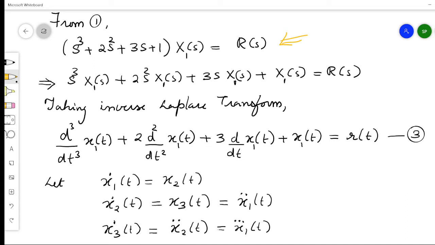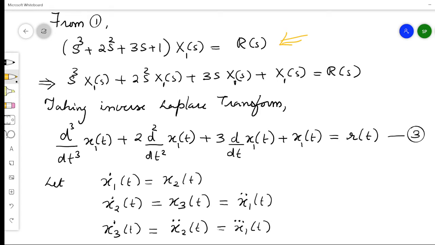Going back to the first term, when you take the Laplace transform you get s^3 X1(s). Because this comes from a transfer function, we have the assumption that all the initial conditions are 0. So when you take the Laplace transform, x1(0) and all the others are taken as 0, because we are working from the transfer function model, so all the initial conditions are 0. So we got a differential equation like this.